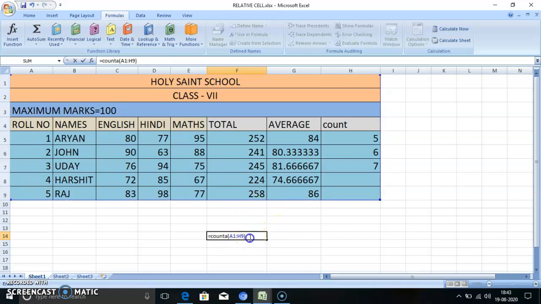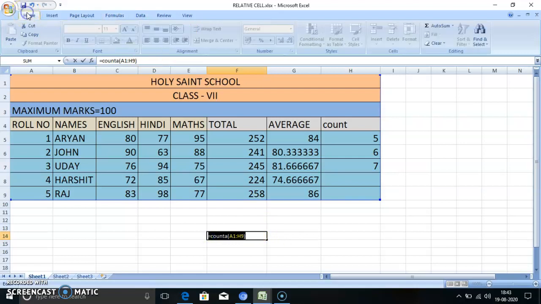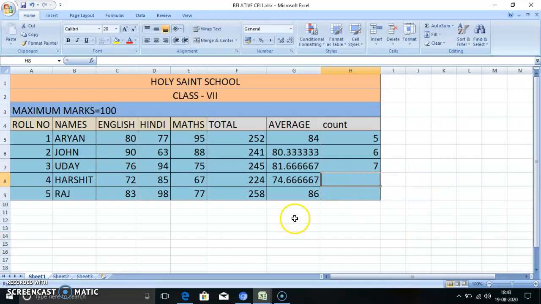Understood all? It is a little bit large, I'll do it so that you will be clear. Wait, I'll put the formula here so that it will be more clear to you.